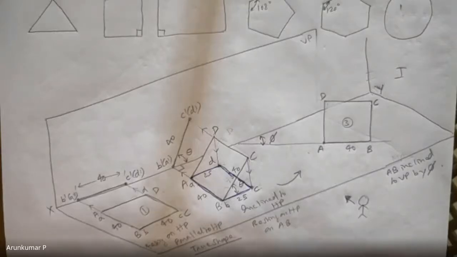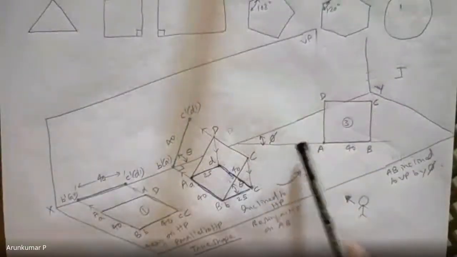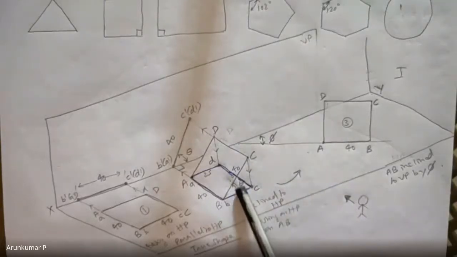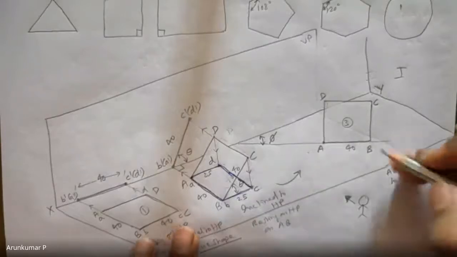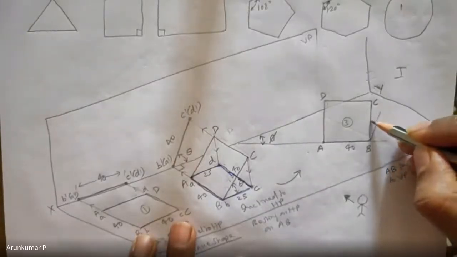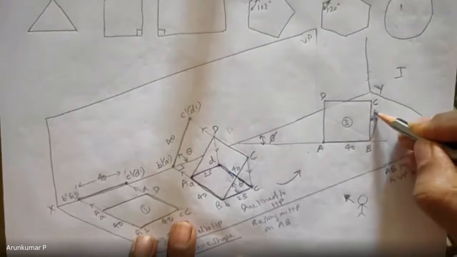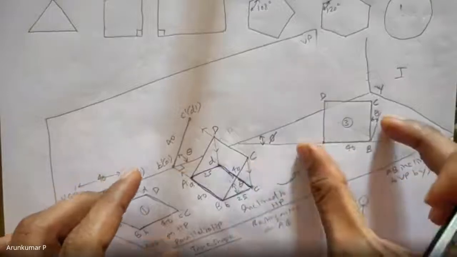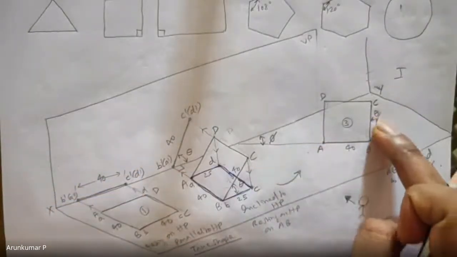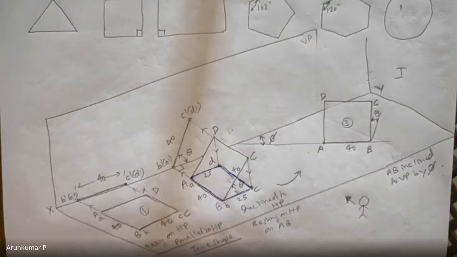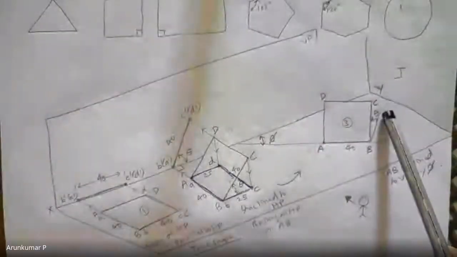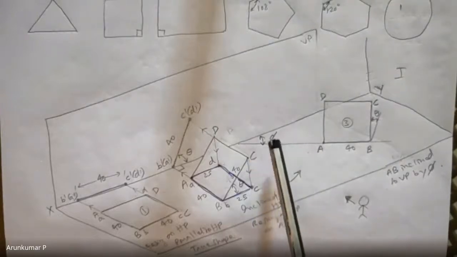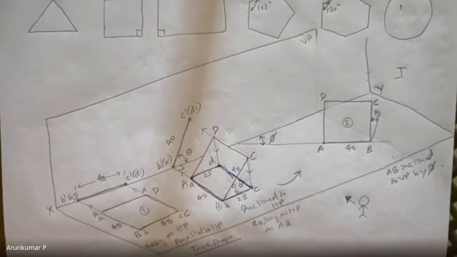Now the important thing here to understand is, even though the edge AB is inclined by some angle phi, it doesn't mean that this inclination theta is not there. Theta is also there. See, this angle is still theta. Only thing is the square has oriented itself, so you are not able to see this inclination clearly. Okay, so this is a square which is inclined to HP by an angle theta. It is also inclined to VP by an angle phi. Both these conditions are there for this square.